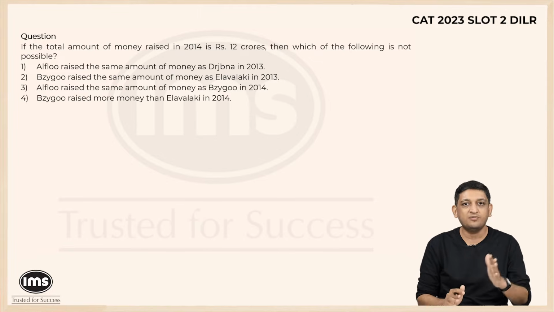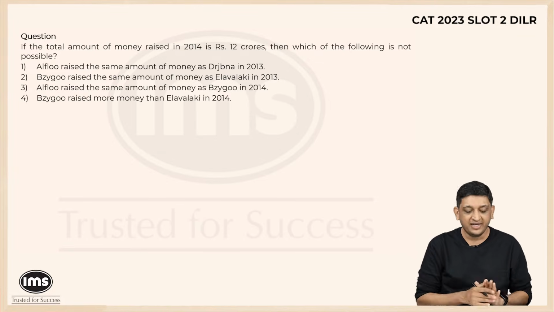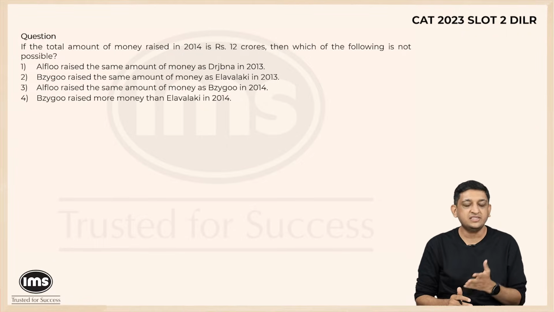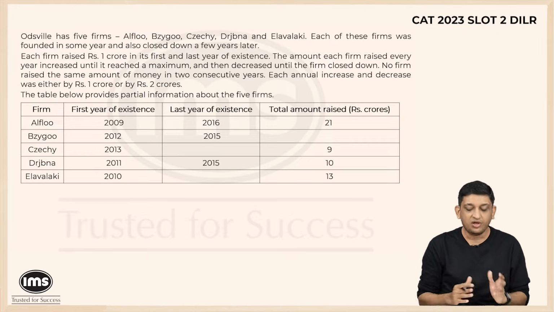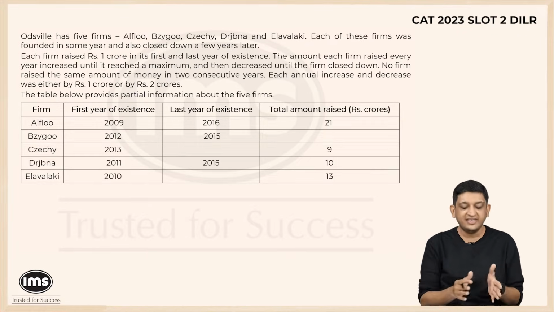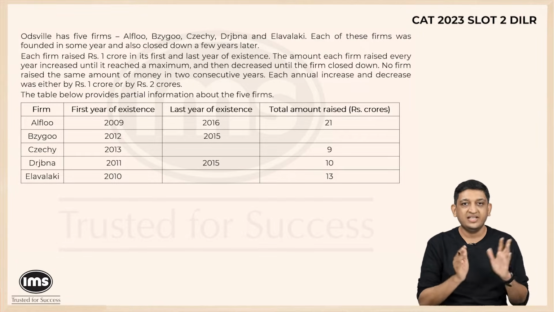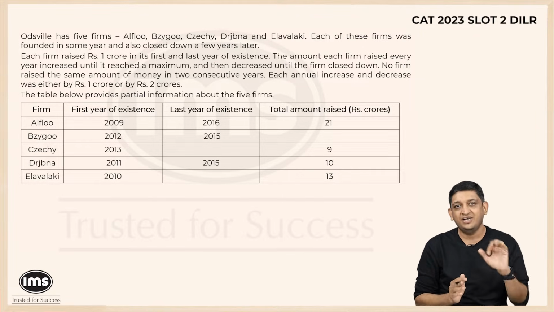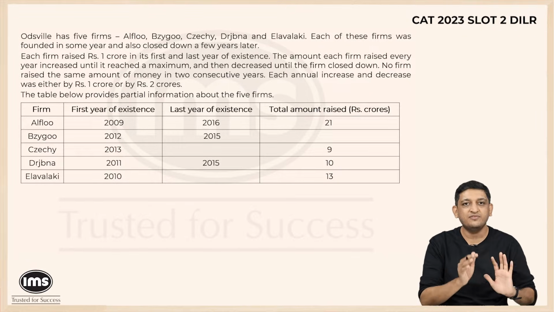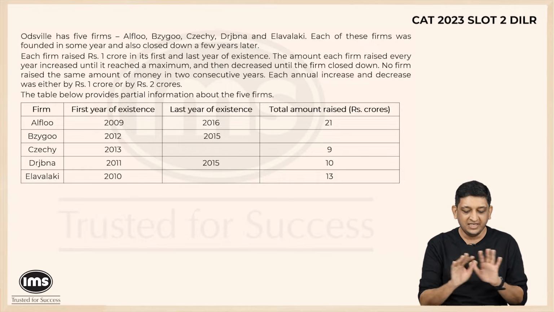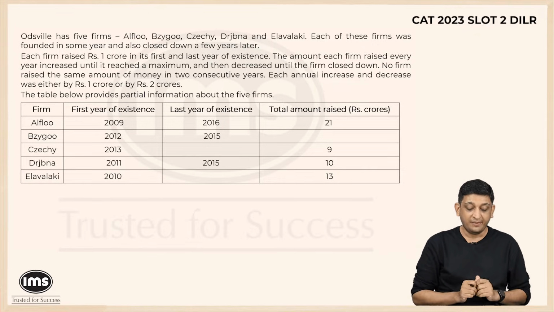So that is the thought process I have in my mind when I see this question for the first time, and that is what I'm sure people would have faced when they saw it in the actual test. Now let's look at the solution. Let's try to figure out how we can reach that particular table I was talking about, wherein A and E will have multiple possibilities, and for B, C, D, at least 2 of them or 1 of them will be completely available to us. So let's see what happens here.